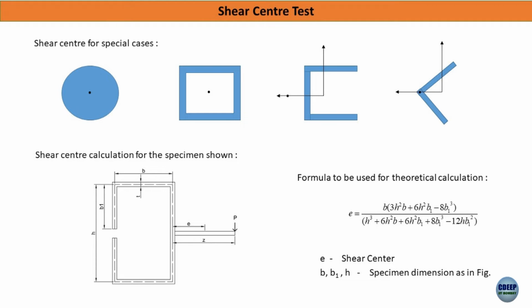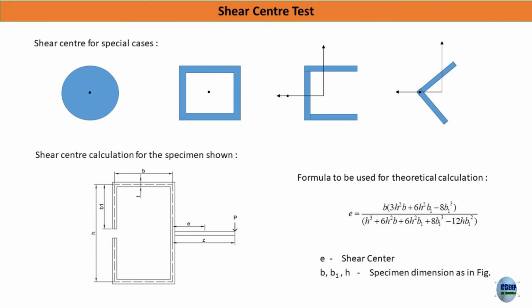For the case of C section thin walled beam, the shear center will lie on the horizontal axis because the cross section is symmetric about the horizontal axis, but to calculate the actual position of the shear center, we can equate the moment due to the load about a point with the moment due to the shear flow about that same point, to obtain the location of the shear center. And similarly for the case of angle section, the shear center will lie at the intersection of the two arms, which is very much obvious.